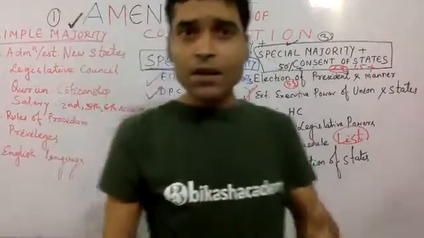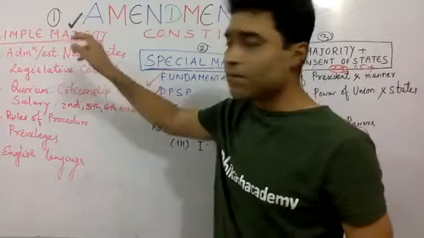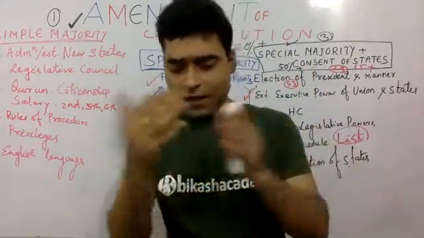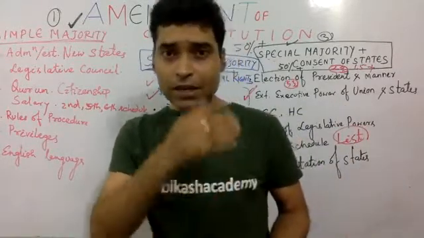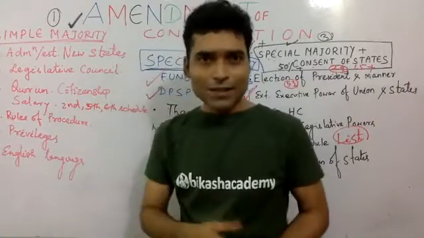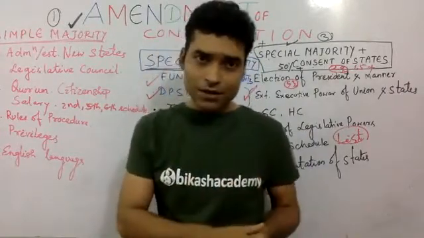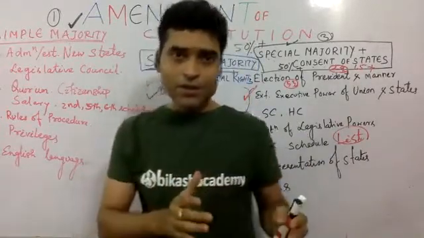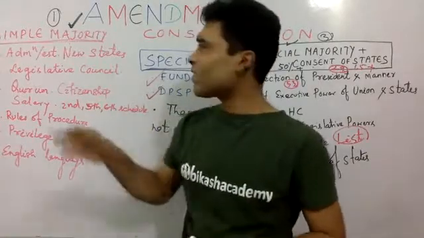And in case of simple majority, administration or establishment of new states comes, legislative council deletion or abolition of state legislative council. You see, in each state you'll find assemblies, but not in each state you'll find a legislative council, right? So whenever there is a proposal to abolish or establish a legislative council, we require simple majority